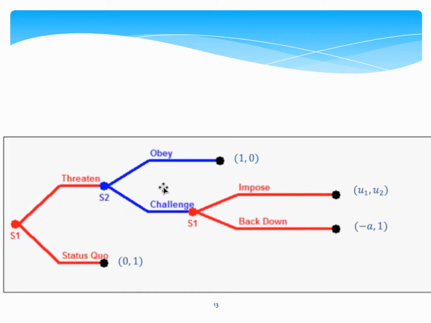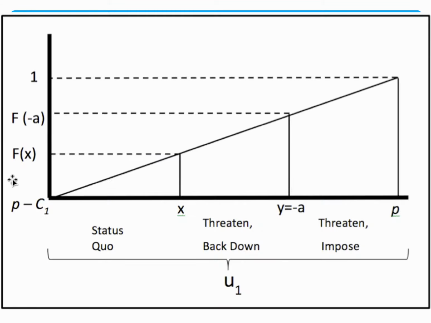What if S2 challenges? This time S1 either imposes or backs down. So here we don't know the payoffs. We need to find them. But for this, we need to use Bayesian probabilities. So we need to look at cumulative distribution functions. Hypothetically, I said that